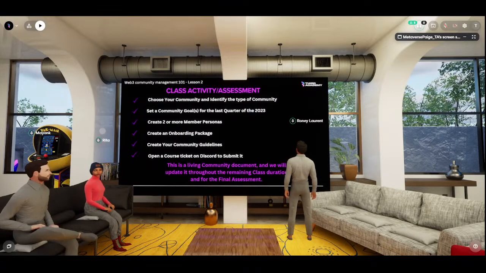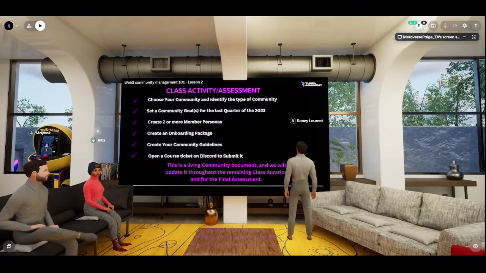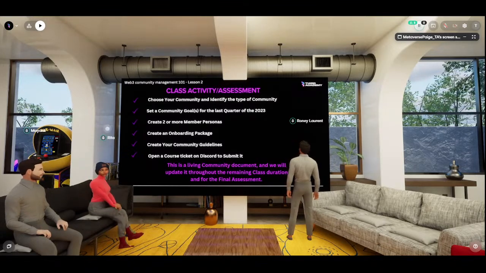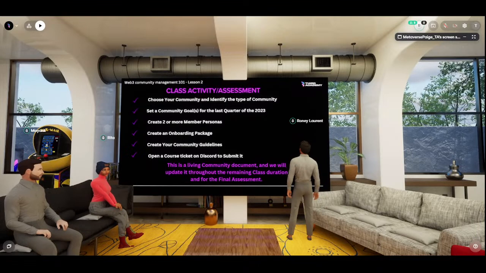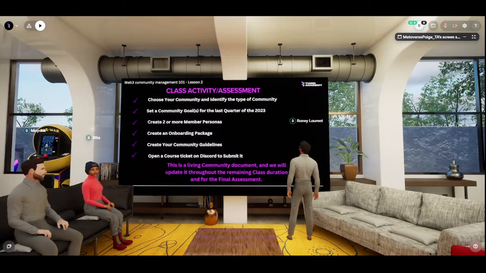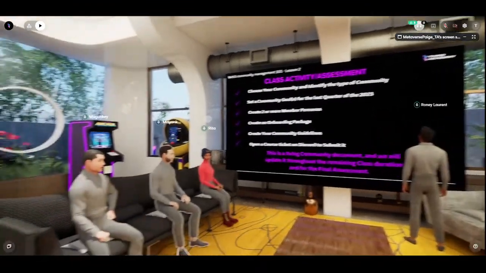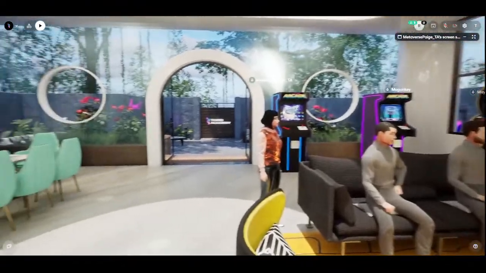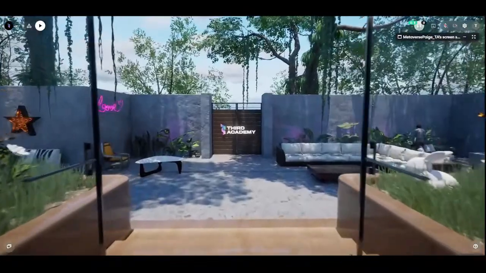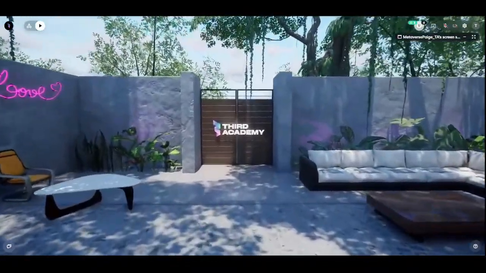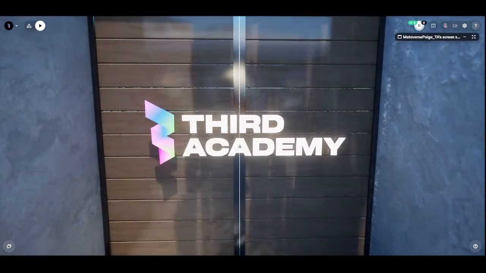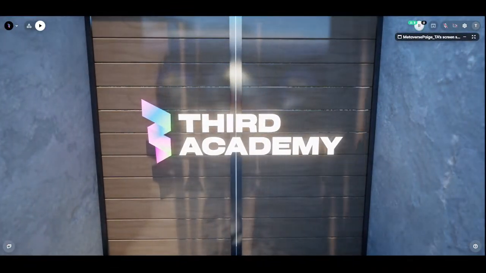But on Discord on Wednesday, we are going to have a 1 hour session to go over this assignment, and that's going to happen at 3 p.m. UTC on Wednesday, right? So we'll go over the assessment together on Discord so that you can fully learn how to do this by yourself, and for when you get the job that you're looking for, you know that you have the skills to take part in all of this. Now, just like I mentioned, this is a living document, right?